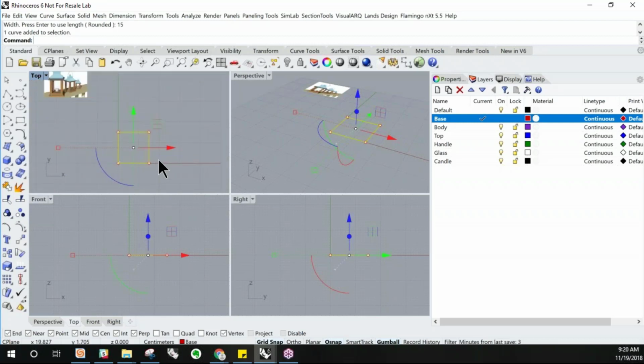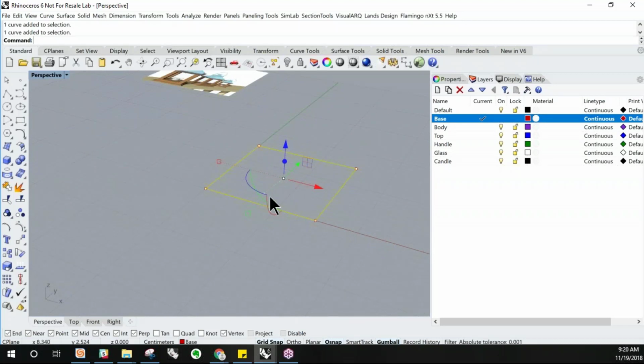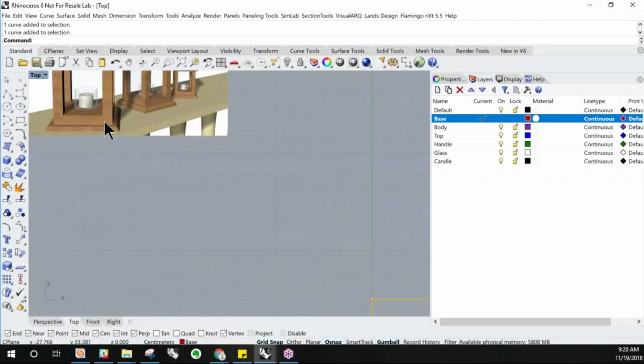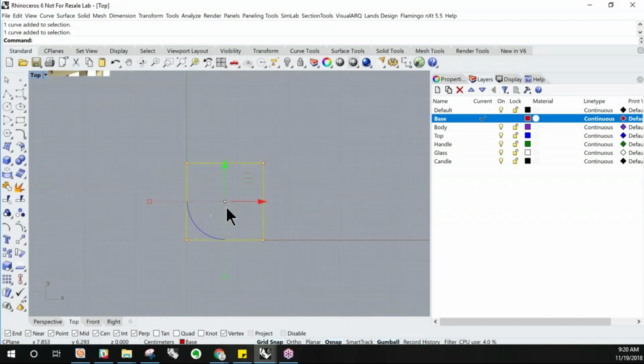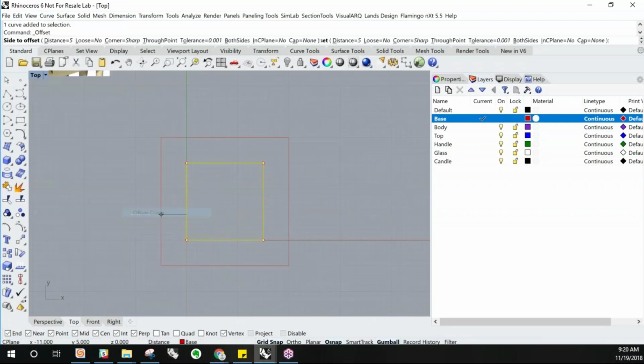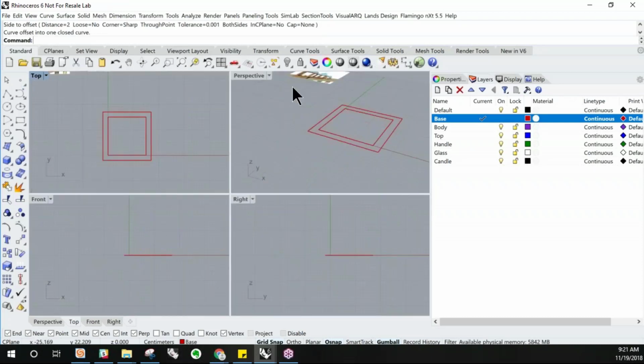The next thing I want to do is, let's work in perspective here. So I want to offset this to create the bottom part here. If you look at this picture, the top part here is the 15 by 15. Now I'm going to work with the bottom, so I'm going to offset. I can just type in offset or go under the curve menu and look for offset curve. And I'm going to choose 2 centimeters and click. So now I have 2